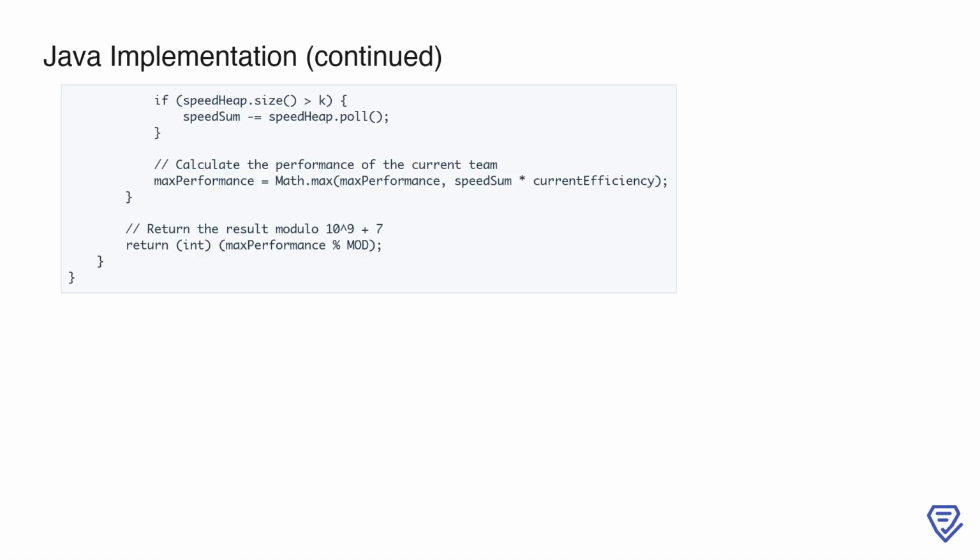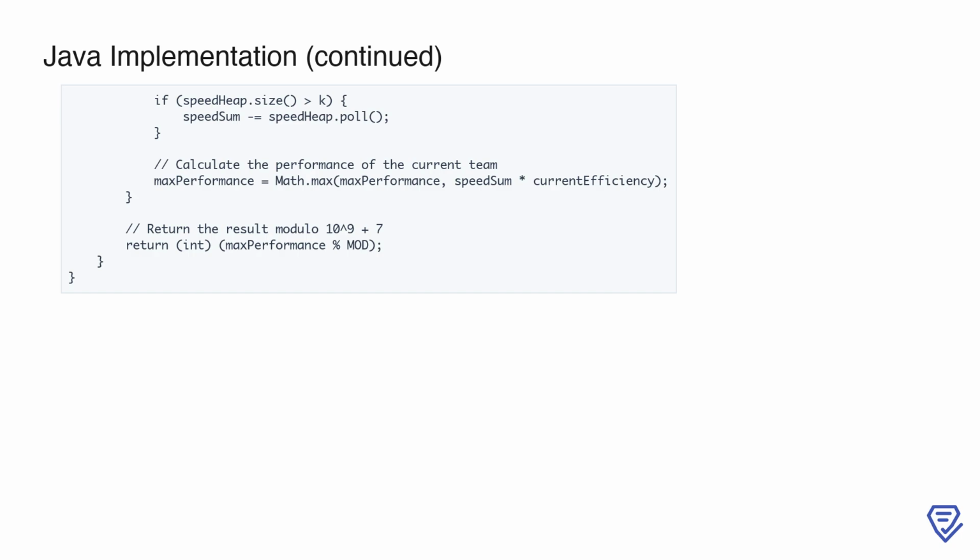This value is then compared with the current maximum performance, updating it if the new performance is higher. Finally, after iterating through all engineers, we return the maximum performance value modulo 10^9 plus 7 to ensure the result fits within the defined constraints. This approach ensures we consider all valid team configurations while maintaining optimal efficiency through the use of the heap and